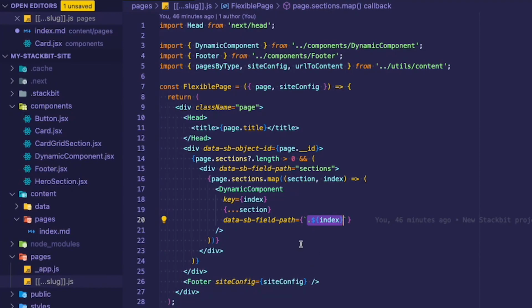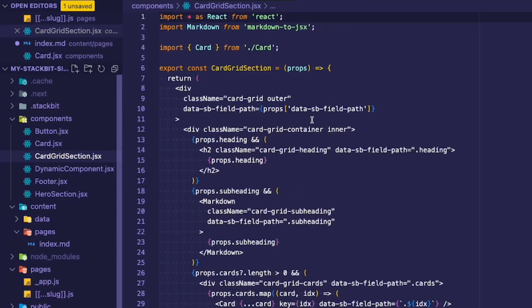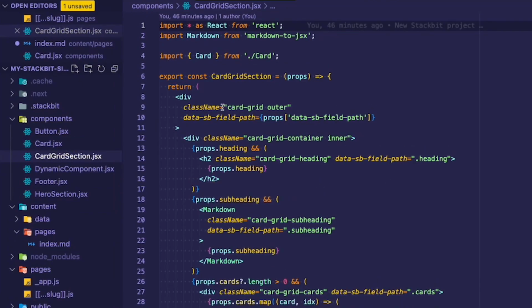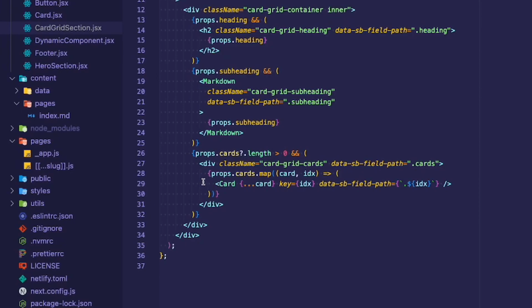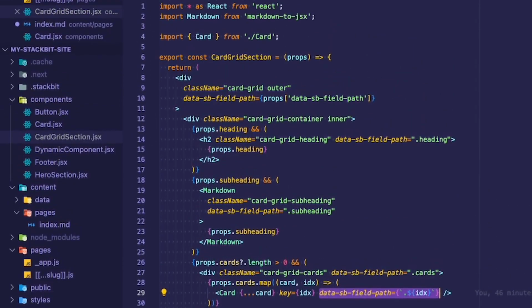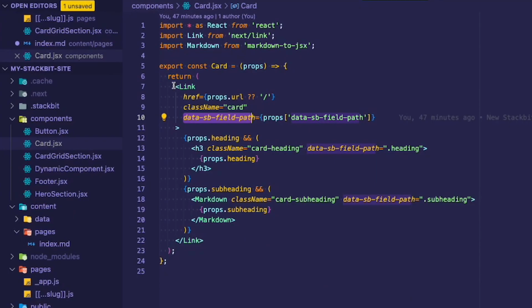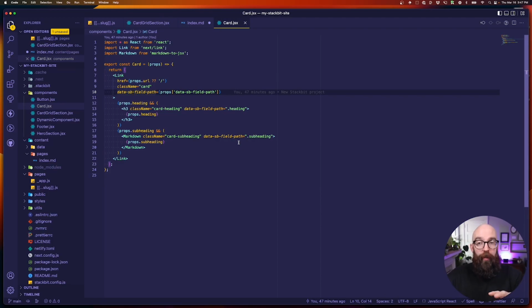We said this was going to be a card grid first, so let's look at the card grid section. The card grid section has to pull the data-sb-field-path, redefine it, and then it gets down to cards, and it is going to add the field path for cards, and then also add the field path for the individual card. And then the card has to do the same thing. I have to redefine this field path, and then finally I can terminate and get to heading, subheading, and make these things editable. Okay, so that is a lot,